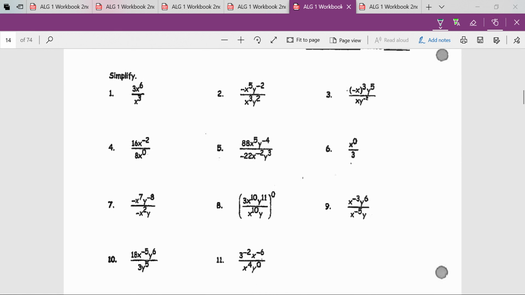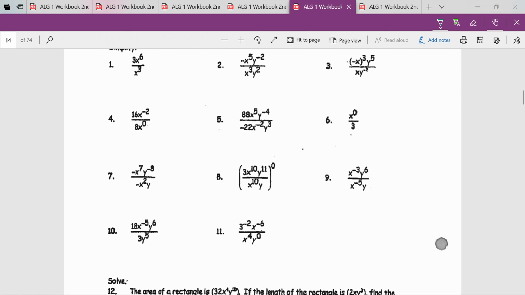Okay, so pretty much very similar to the front. If it helps you out, wherever there's a negative variable, put a 1 in front. Like on number 7, on number 2, on number 3. Because that's a negative variable, not exponent. They're not the same rules. Remember, these rules only apply to a negative exponent. So if there's a negative 1 here on number 7, it's just negative 1 divided by negative 1, which is